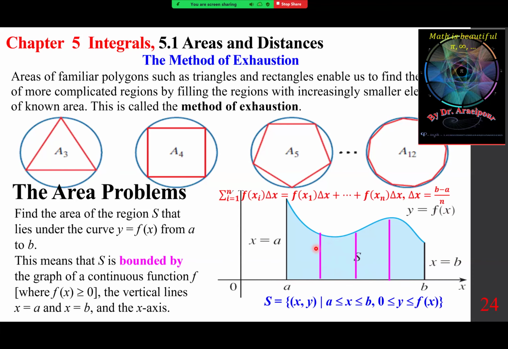So we have this Riemann sum, the summation of i going from 1 to n, f of x of i delta x equals f of x of 1 times delta x plus f of x of 2 times delta x all the way to f of x of n times delta x, where delta x, or the width, is b minus a divided by n, meaning